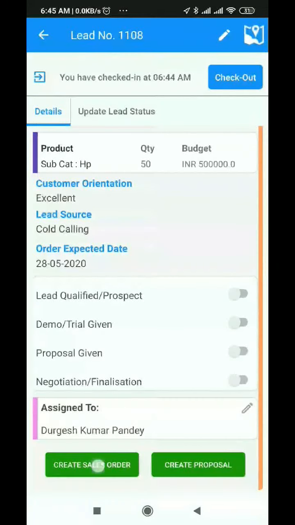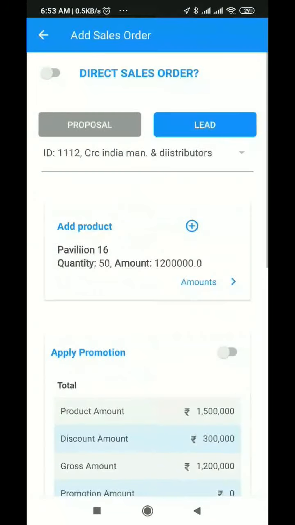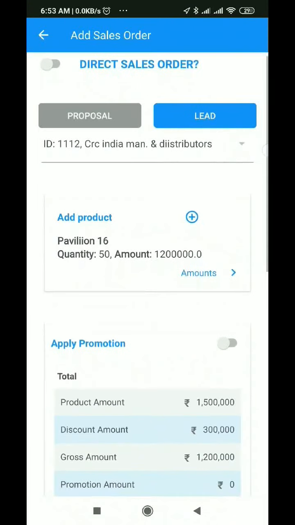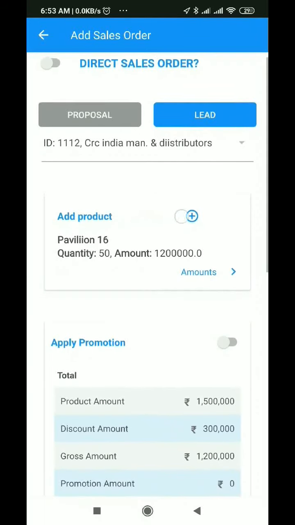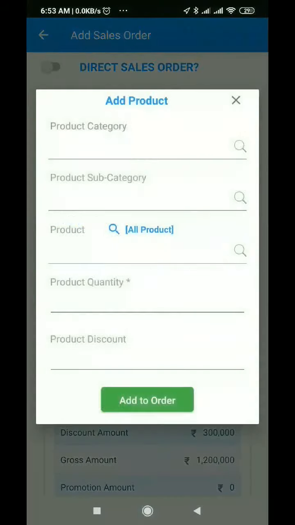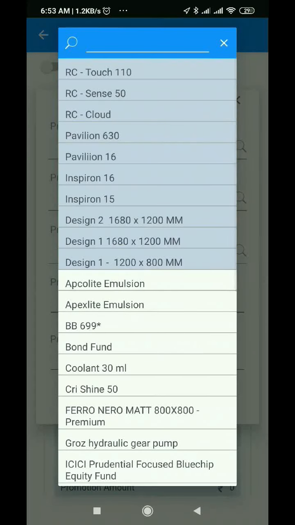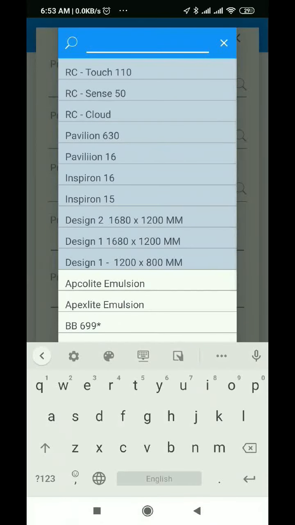You can view the details of the lead from the lead page. You can create a sales order or a proposal from the lead details page. Is again the same way.